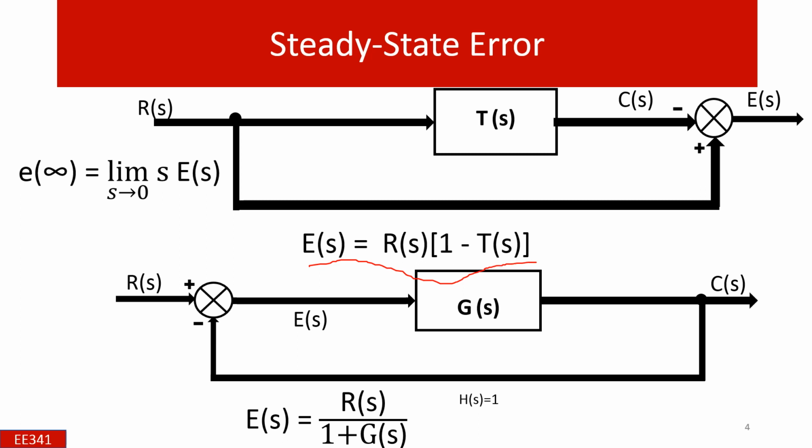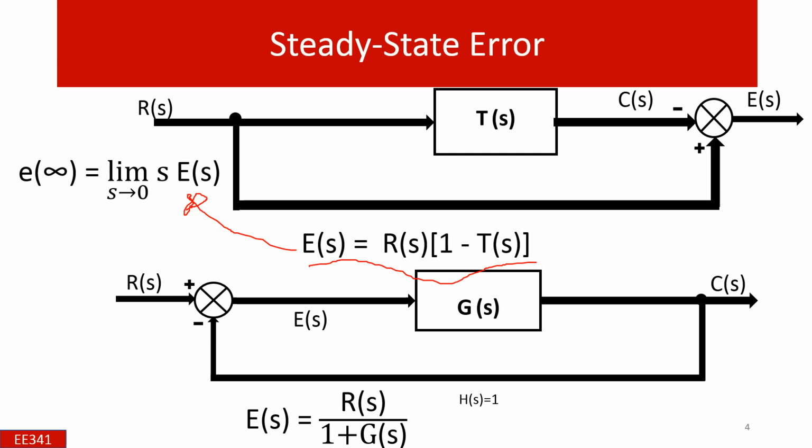This is the error signal. If we want to find the error in steady state, at time equal to infinity, then we apply the final value theorem,